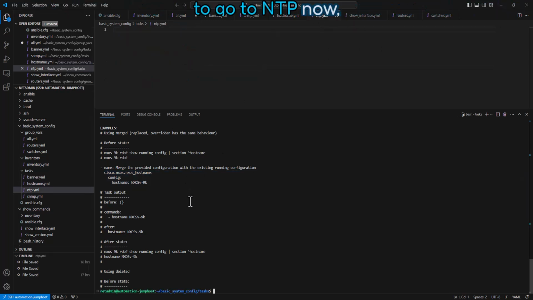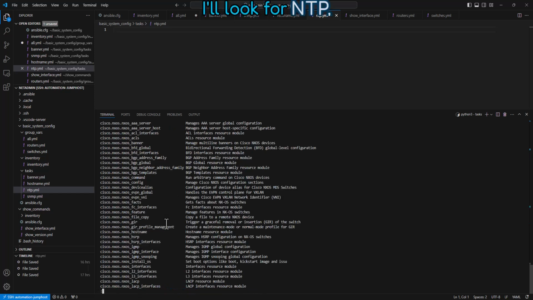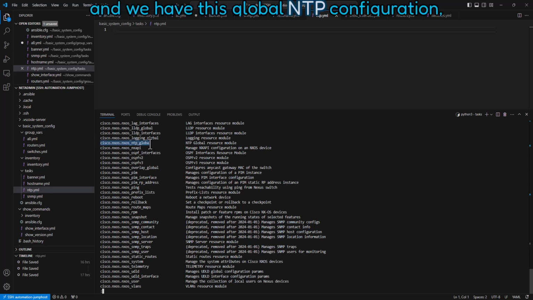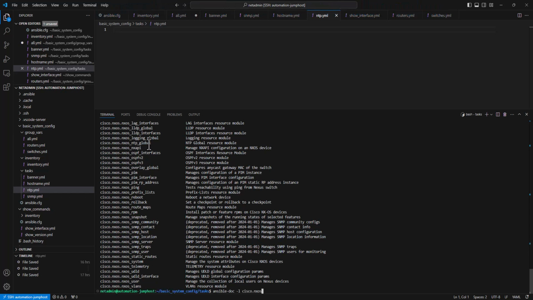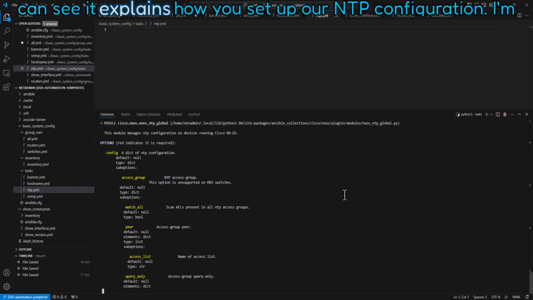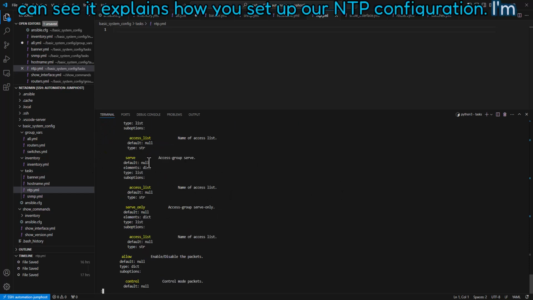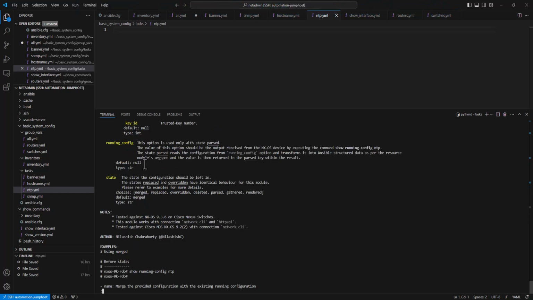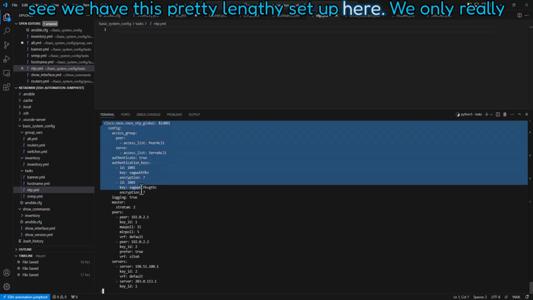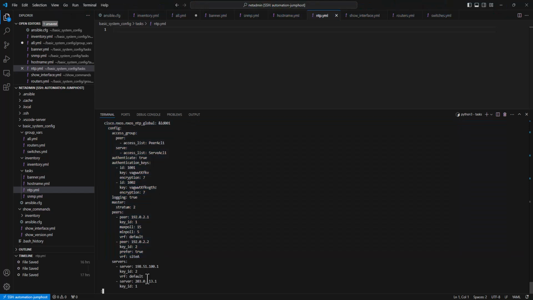We're going to go to NTP now, and we're going to look at NXOS, actually do -L Cisco.NXOS, and we'll look for NTP. And we have this global NTP configuration. And we can see it explains how to set up our NTP configuration. I'm just going to look for the sample config. And we see we have this pretty lengthy setup here. We only really need down to